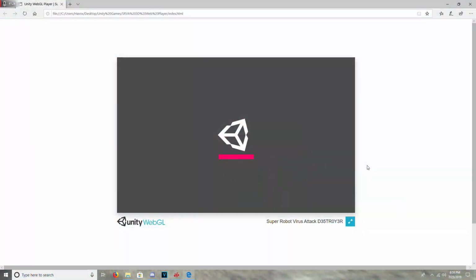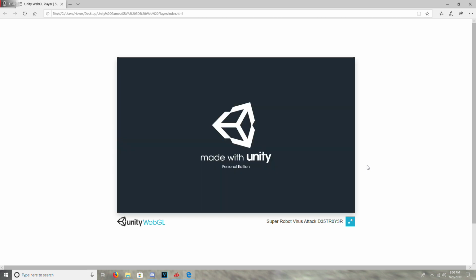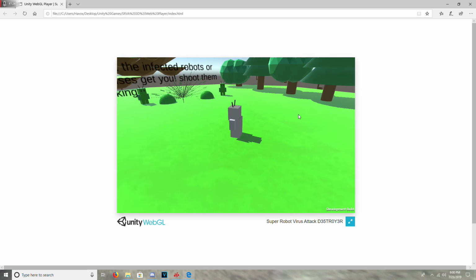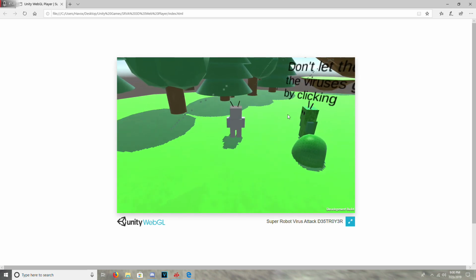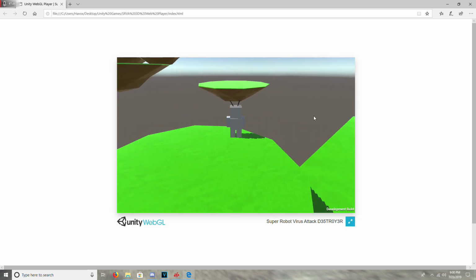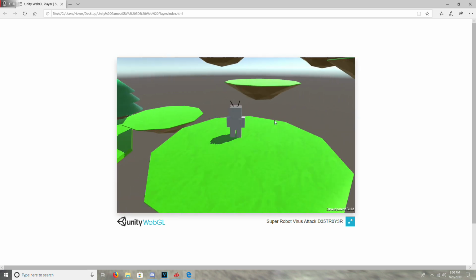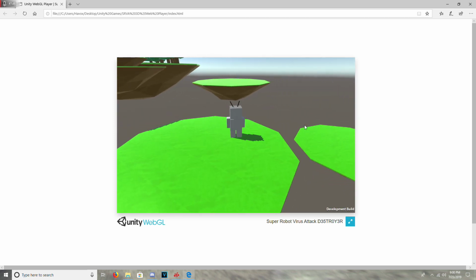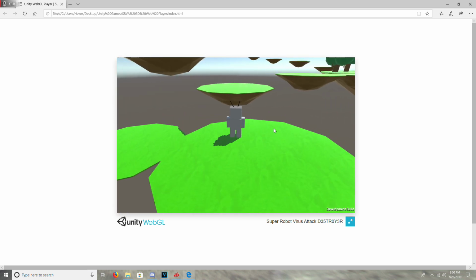So this one I could only find the WebGL port, if you could even call it a port. So for whatever reason, WebGL is really glitchy when you're running it locally. So most of the time if you attack an enemy, you just die. So hopefully that doesn't keep happening. Or you don't even die, your game crashes. That's what I meant. Sorry, it's like 8:40 at night. It's actually 9 at night.